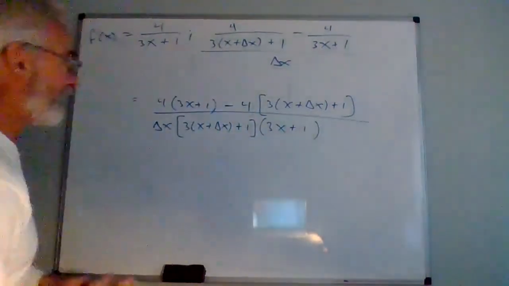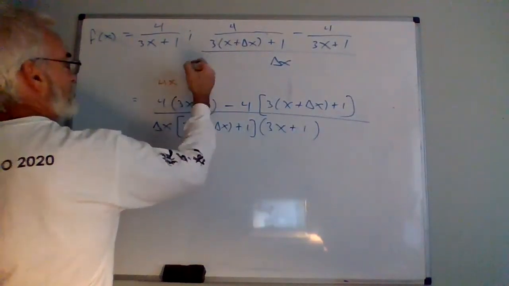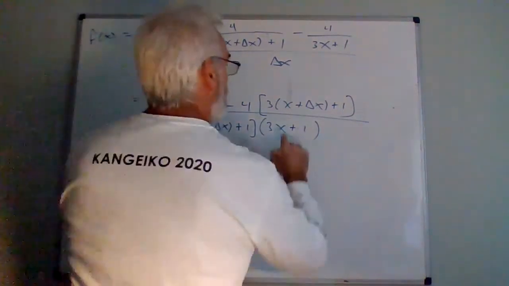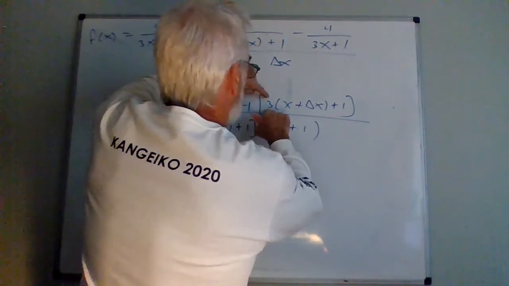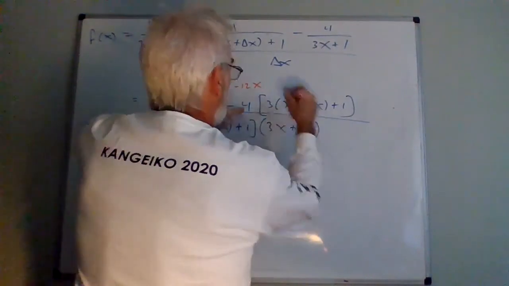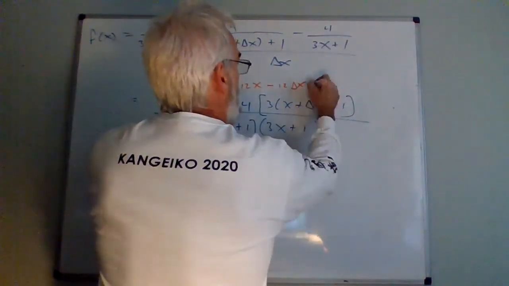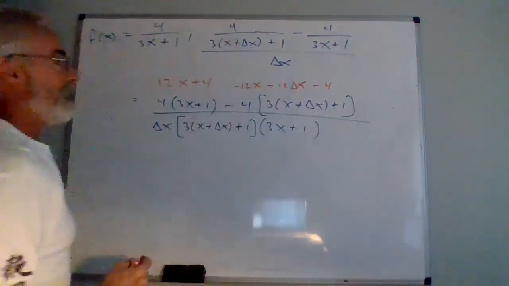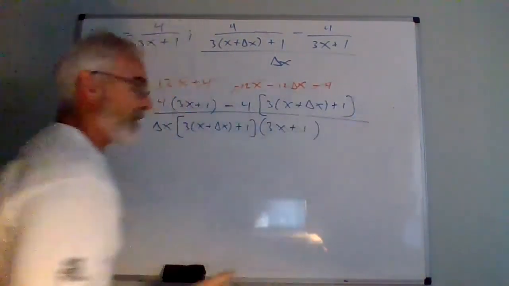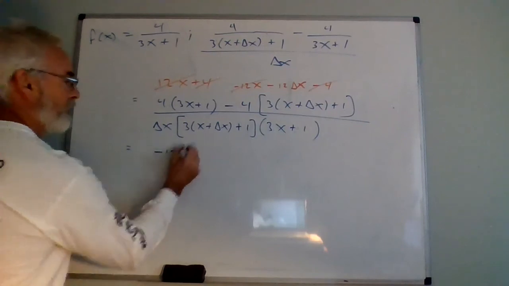So rather than rewrite the whole thing, I'm going to be lazy and just go ahead and distribute as we speak here. So this will be 12x plus 4, negative 4 times 3, so that'll be negative 12x, negative 4 times 3 times delta x, so negative 12 delta x, and then negative 4 times positive 1, be negative 4. Now notice on top what cancels, the 12x, the 4, and the only thing left will be a term with the delta x in it. So now I have negative 12 delta x on top,